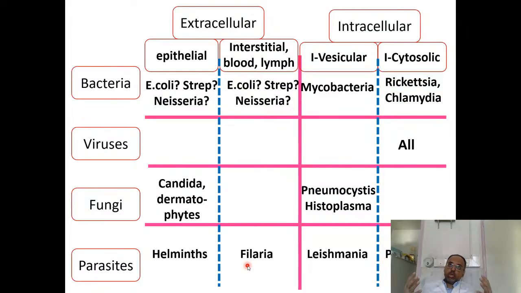So this is a table that shows a general overview of different spaces in our body at the level of the cells, intracellular, extracellular, not anatomical spaces, and different pathogens in these different spaces. So why is this table important? Well, because we can use it to categorize immune responses. The immune system has an innate part and an adaptive part. The innate part is physical and chemical barriers as well as phagocytes. And the adaptive part is B lymphocytes and T lymphocytes.